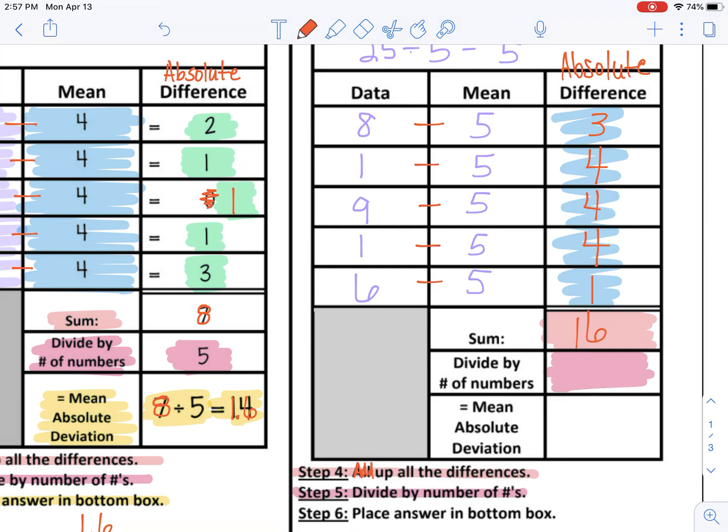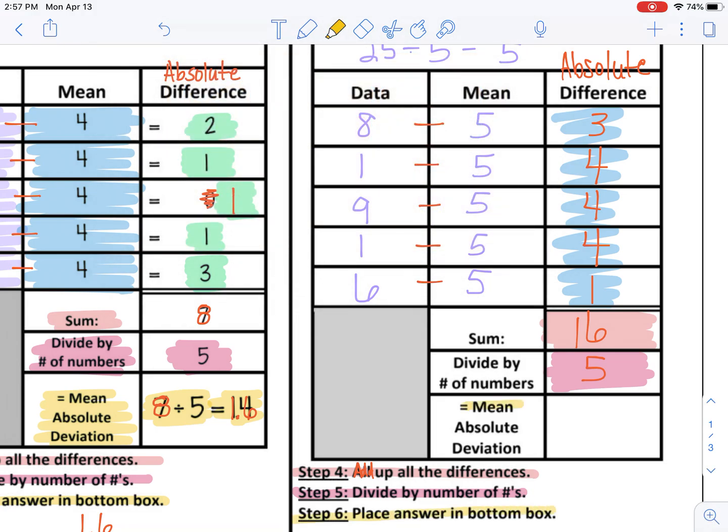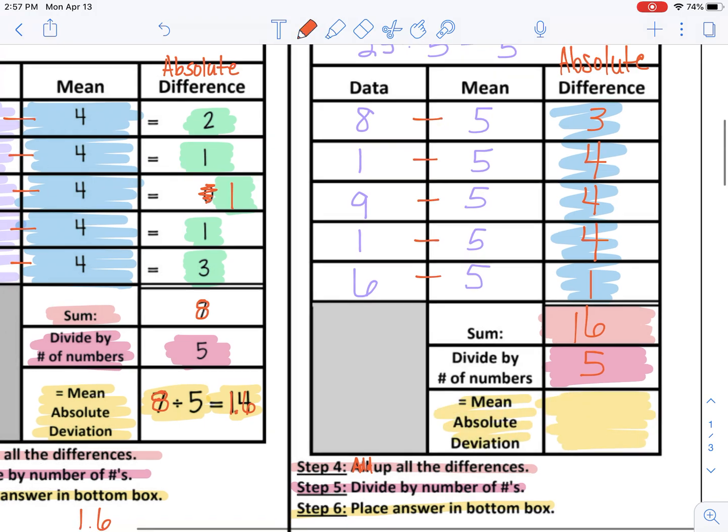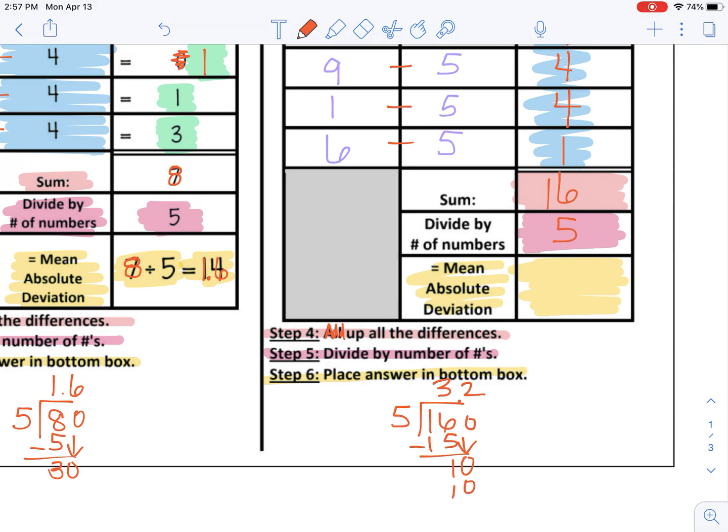So that is 5. And then step 6, find the answer for the mean absolute deviation and put it in this box right here. So we have 16 divided by 5 gives us 3, with 1 left over, 5 goes into 10 twice. So I get